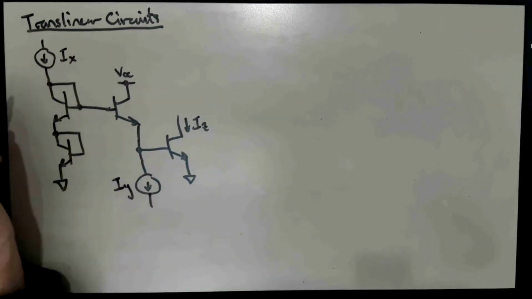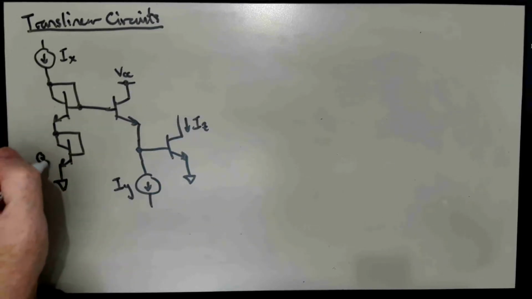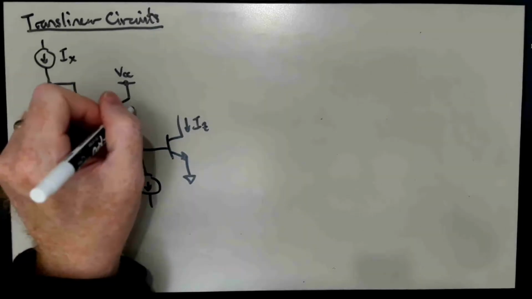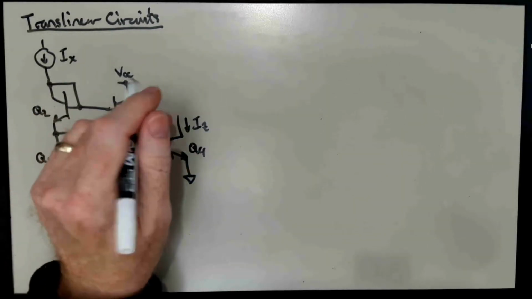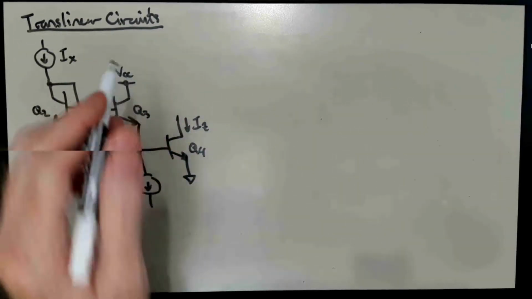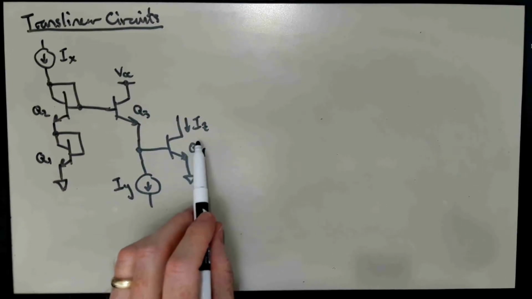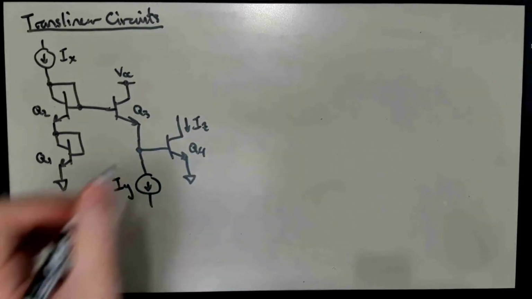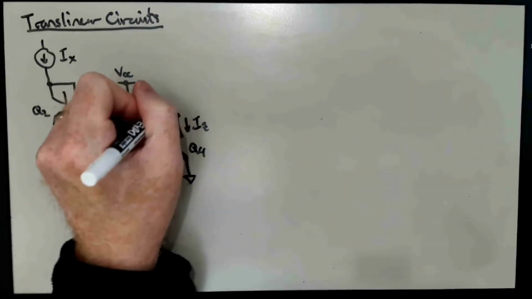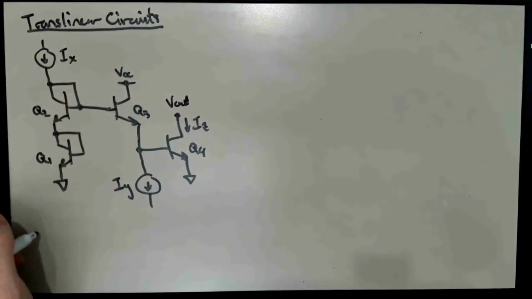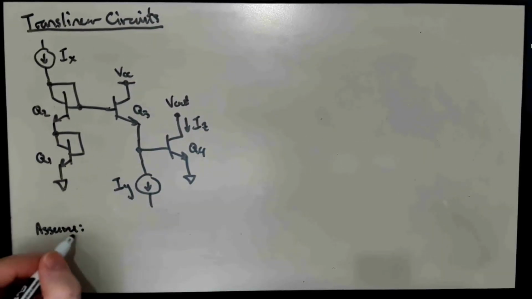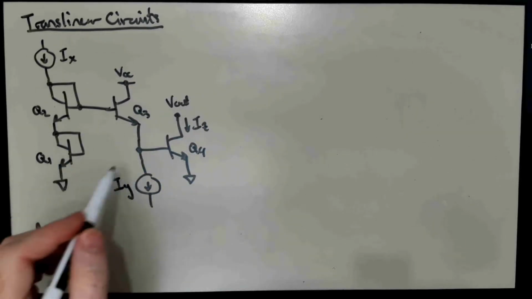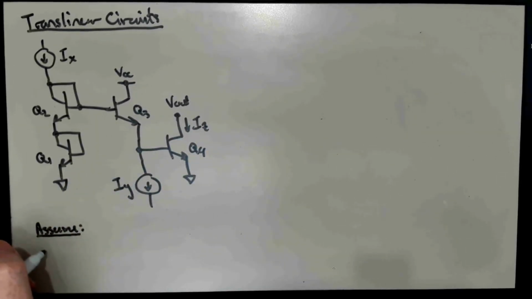Okay, so we have 4 transistors here, and we can call them Q1, Q2, Q3, and Q4. And we've labeled the collector current, which is our output of the circuit here, IZ. And we're going to assume, we can call this V out, let's say. We're going to assume, in addition to the assumptions we made earlier about the matching and the same temperature, that V out